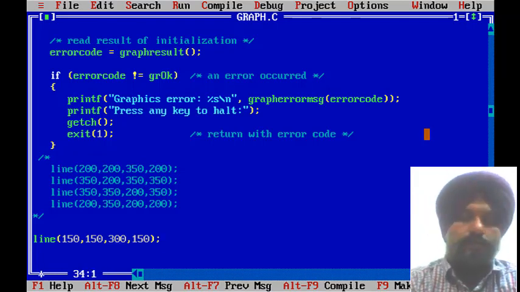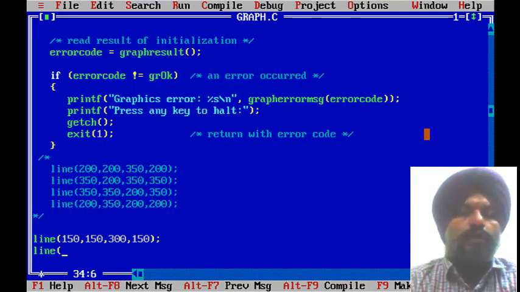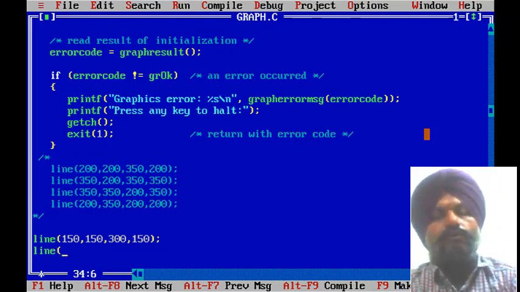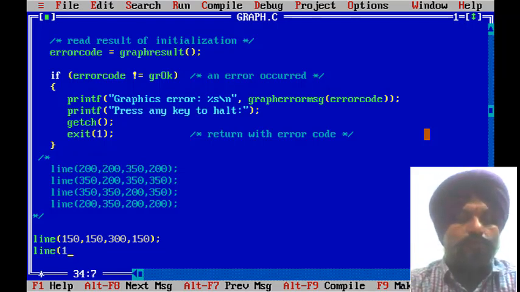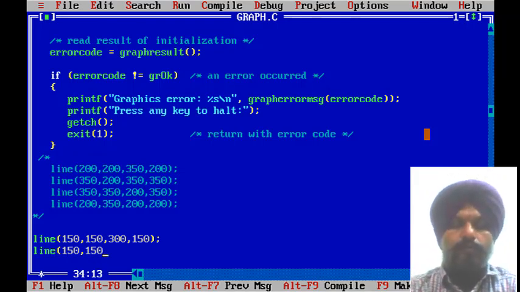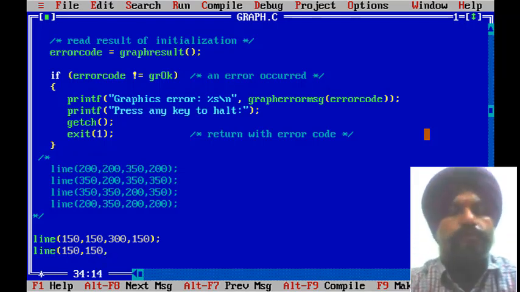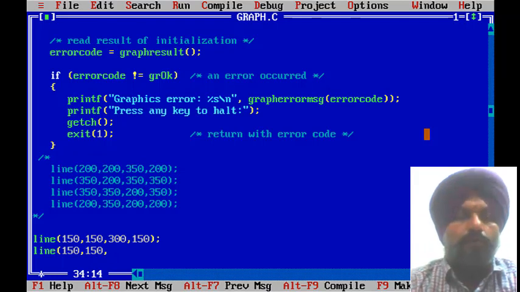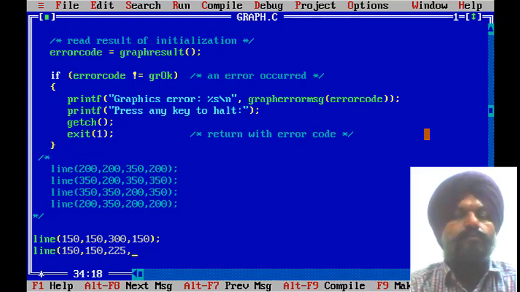Now by using this method I am drawing the left side of the triangle. The starting point will be the same, and now 150 plus 75 becomes 225. That is the midpoint of